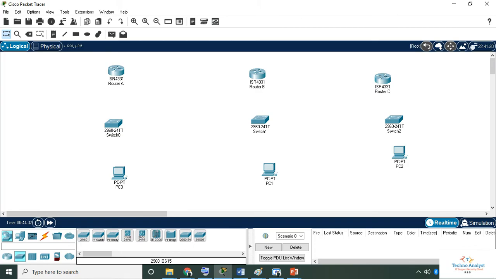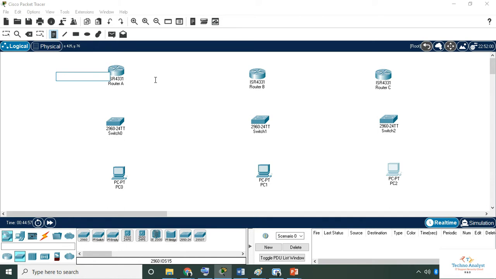Now what we will do, we will give an IP address to all the interfaces. So what IP addresses we will use, I will mention over here, so this will be easy to understand. For the router we will use the 10 series: 10.0.0.1. Here we will use 10.0.0.2. Here we will use the 20 series: